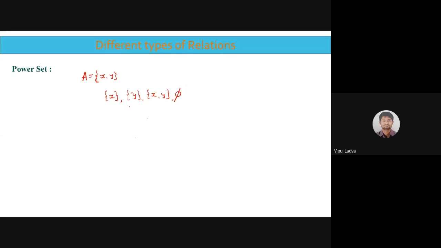So सभी को पता है. दुनिया का कोई भी set ले लो. If you pick any set, then at least 2 subsets are there: a set itself and a null set. Set itself and a null set are the subsets of any set. Then for this particular set A, I can form 2 singleton sets like this, X and Y. So these are all the possible subsets of set A. अब इस set A के लिए और कोई subset आप form नहीं कर पाएंगे, ठीक है ना? This is the list of all possible subsets of set A. इस set के सारे possible subset का ये list है.